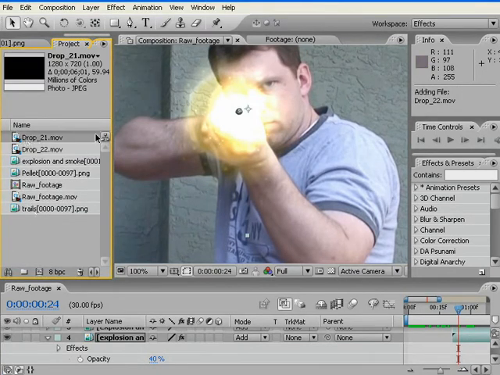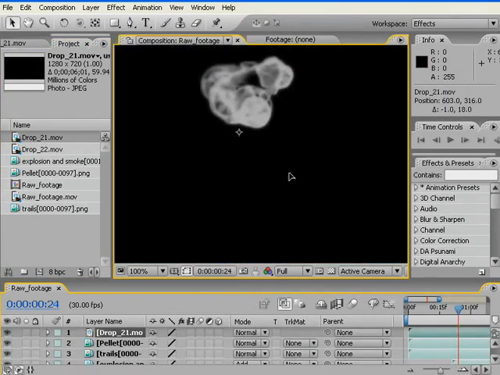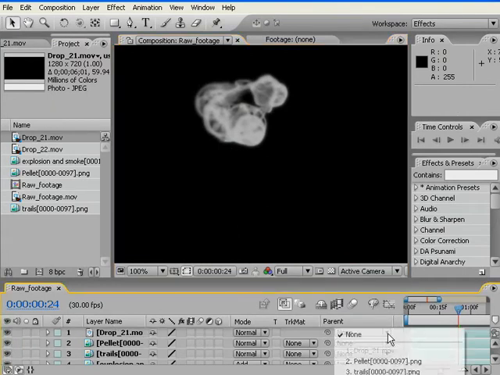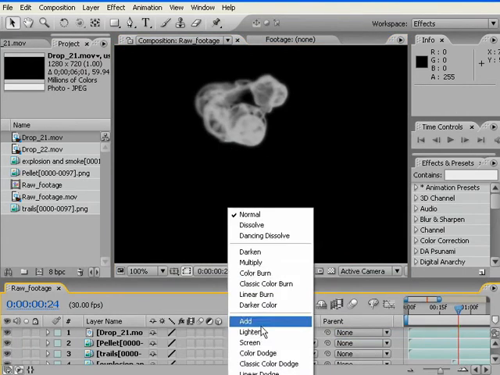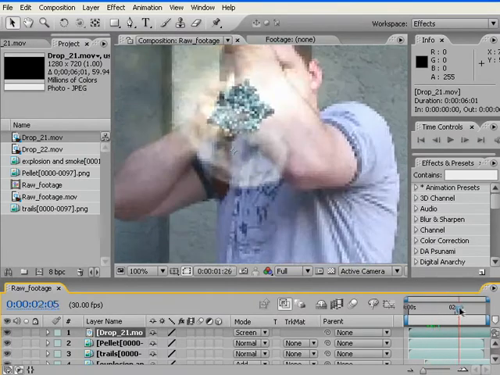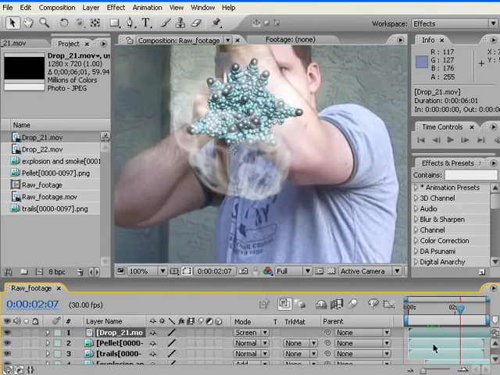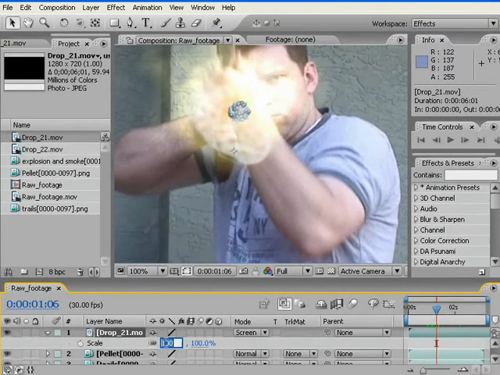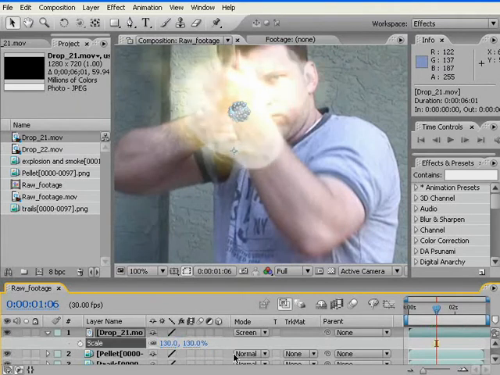And I'm going to take these and drop one there. As you can see, they're black and white, so I'm going to change them to go to a screen. It's a little harder doing this with such a cramped work environment. As you can see, it looks pretty cool. That's kind of, the smoke is billowing out a little bit. I'm actually going to scale this up a tad to probably about 130%, and then I'm going to come back